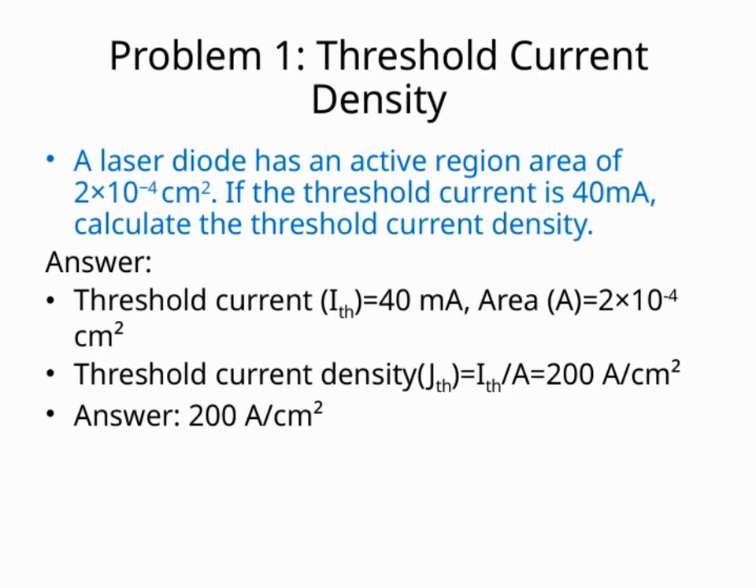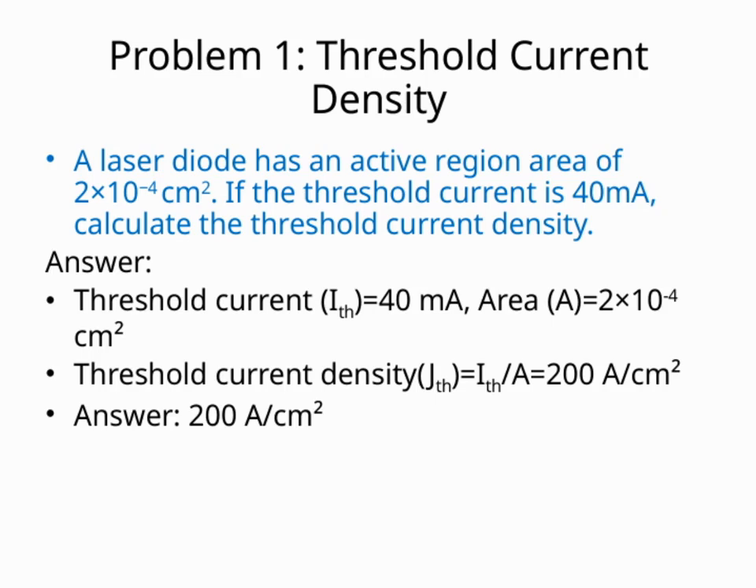Let's look at how we calculate threshold current density for a laser diode. We start with the threshold current, that's 40 milliamps here, and the active region area, which is 2 times 10 to the minus 4 square centimeters. To find the current density, we divide the current by the area. That gives us 200 amps per square centimeter. This value tells us how much current flows through each unit area at the threshold, a key parameter in laser